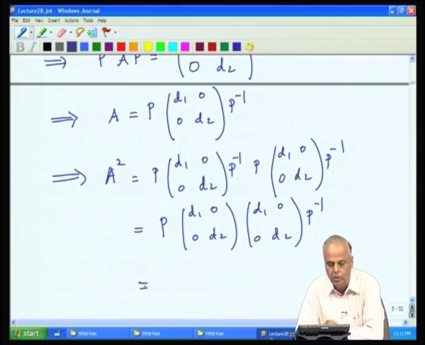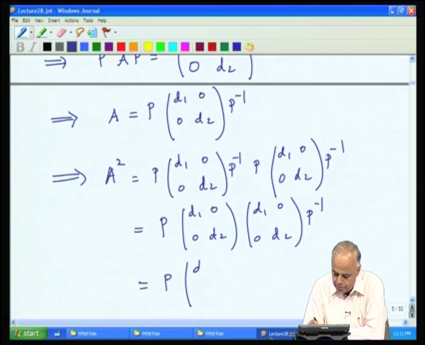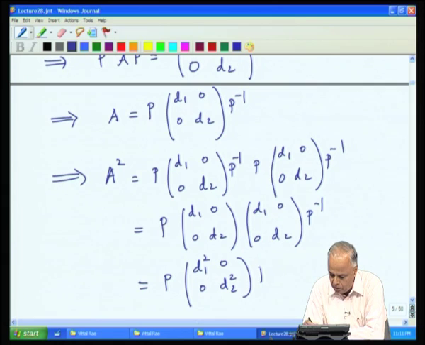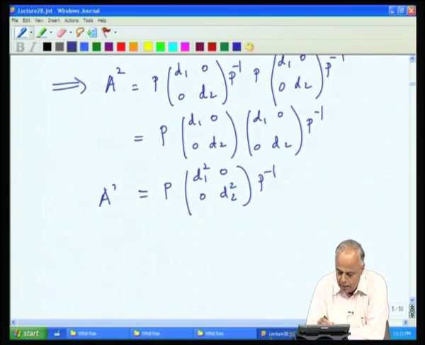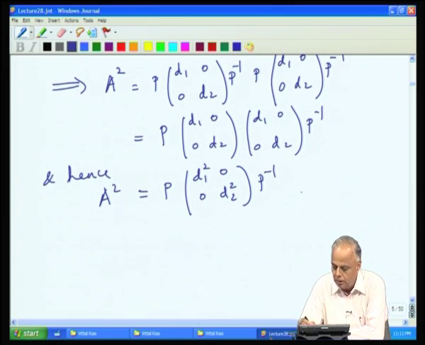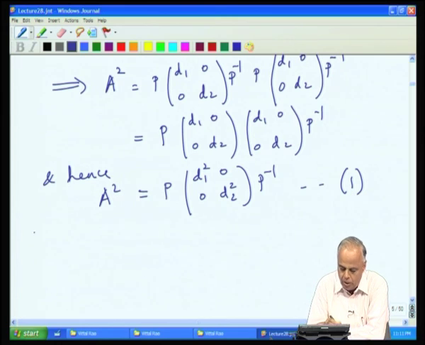But now, it is easy to multiply the diagonal matrices in the middle to get D1 squared, 0, 0, D2 squared, P inverse. So, therefore, we get A squared, and hence A squared is this. Let us call this 1. On the other hand,